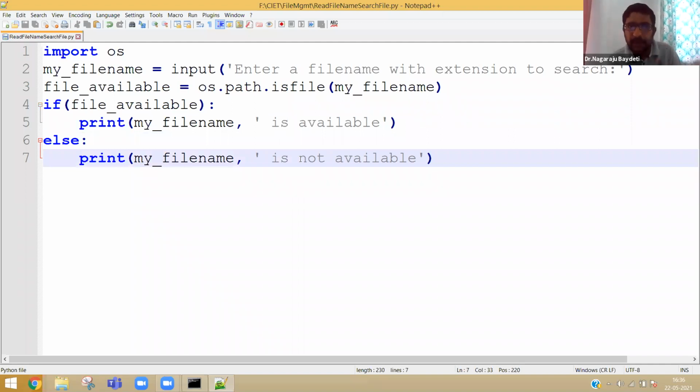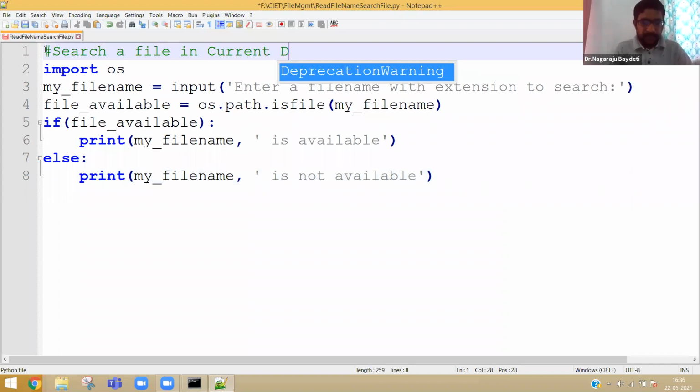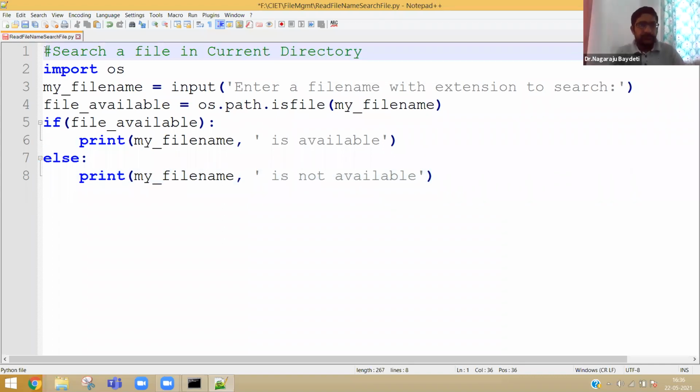See, we are writing the same logic, but instead of directly giving a hard-coded value of a file, I am prompting the user to enter a file name and then searching it. Search a file in the current directory. Tomorrow, definitely, I will teach you how to search a file recursively in each and every directory and subdirectory.